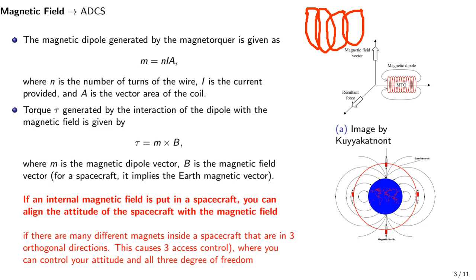Let's say you have four coils. So we want to talk about the area of this vector, the vector area of the coil. The vector area of the coil is one of these circles here. All right, then it could be